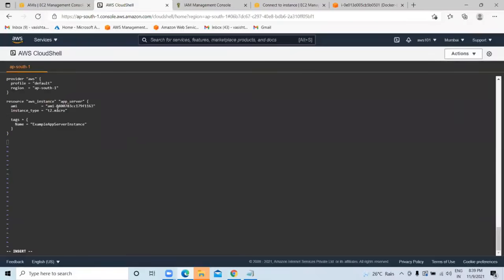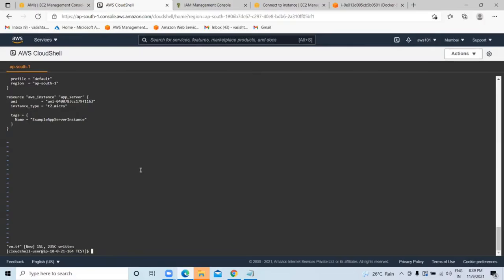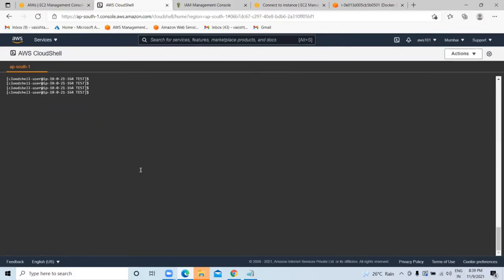So it will be in insert mode. Escape. Save the file with :wq!. We have to enter 4 commands. First command: